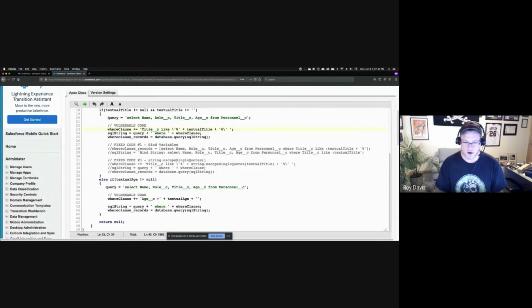So up here, we've got our query, which is a static string, and our where clause plus equal title, like, and then our input. So this is input coming directly from the user, right? And one of the first rules of secure development is never trust user-controlled input. So what's happening here is the application is trusting that the user-controlled data is safe. And when a malicious user abuses that trust, they are able to retrieve data that they shouldn't have access to. In this case, who in the Kingdom has a low performance rating.